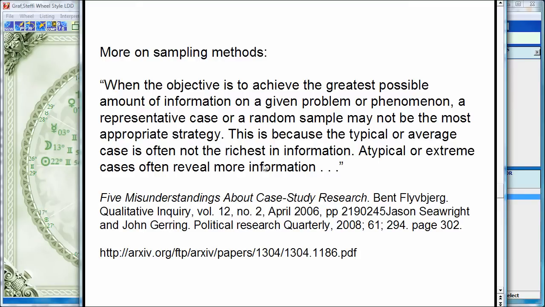This is because the typical or average case is not the richest in information. Atypical or extreme cases often reveal more information. This is what I'm saying, that you can do random sampling. It's a lot of work. You have to study a lot of data, etc. If you grab a small number of extreme cases,